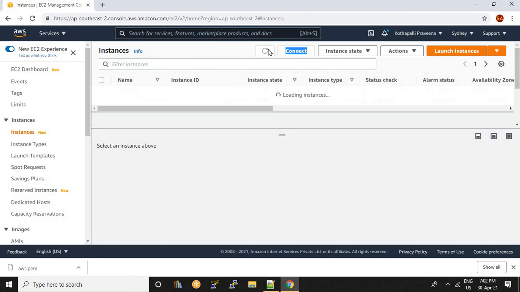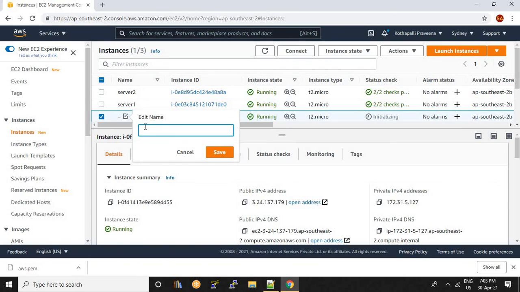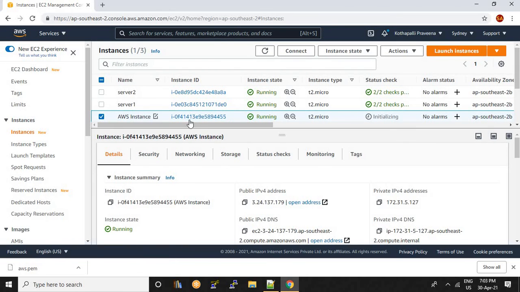Only refresh here, so that only the instances will be refreshed. So this is the way to create a machine. Here I am creating an AWS instance. I am giving a name in this way and save. So I have created this instance just now, and it is in the running state. So this is how you have to create an instance.